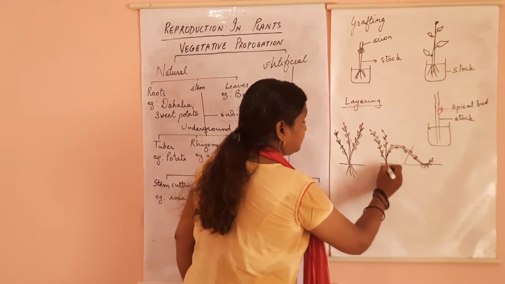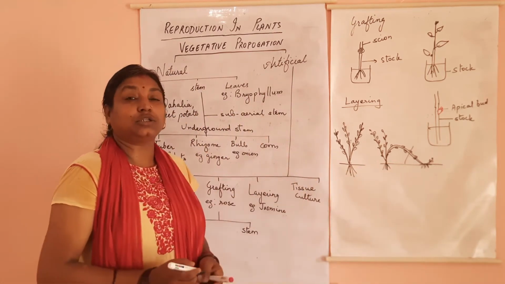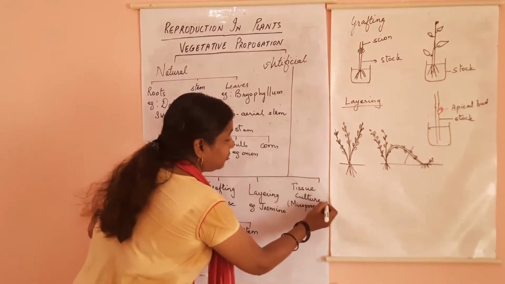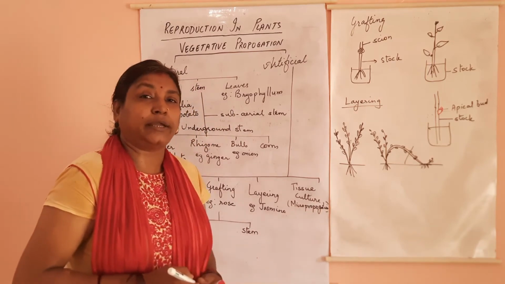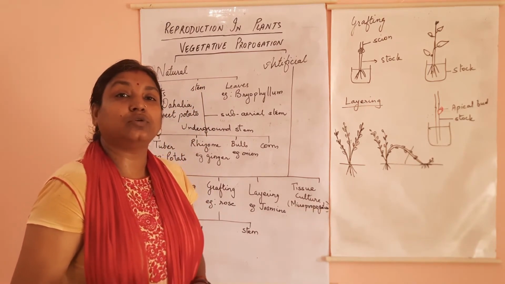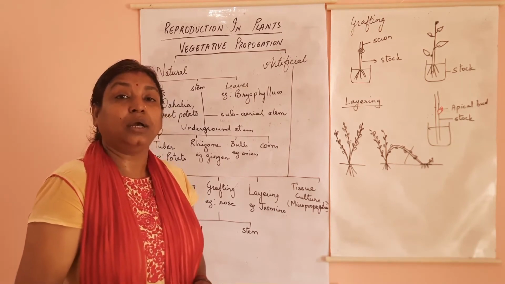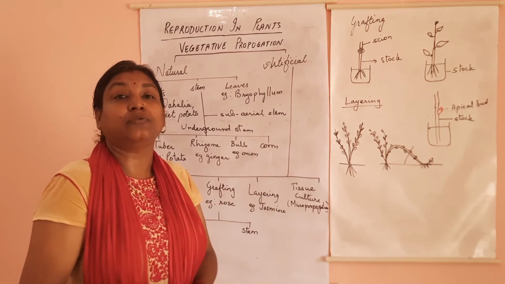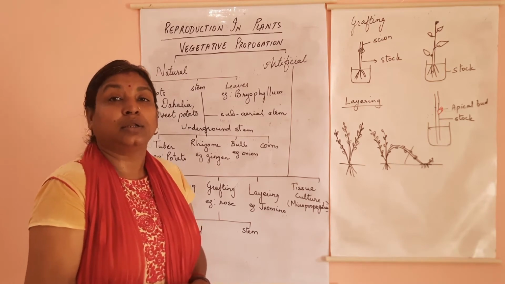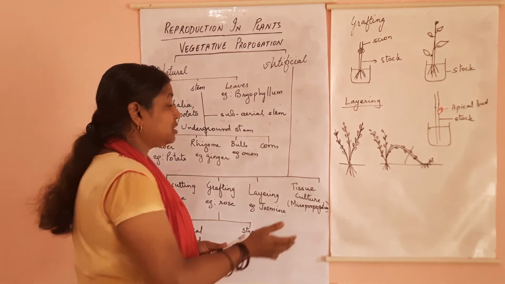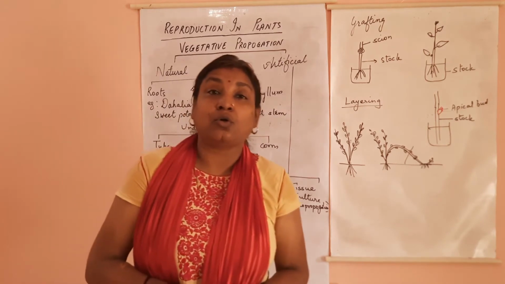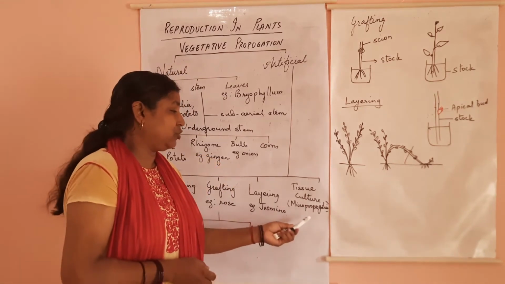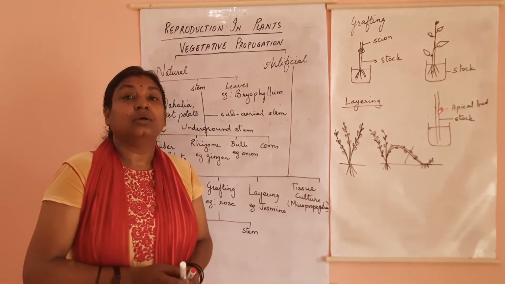Example is your jasmine. Coming to tissue culture. Tissue culture is also known as micropropagation. Now what is micropropagation? Micro means very minute, tiny. So in tissue culture, what we do, we take few cells of the plant, and that few cells will develop into entire small plantlet which can be sown in the soil and get the required plant. So since this type of vegetative propagation is carried out artificially and with the help of few cells, it is known as micropropagation. So now let's see what happens in micropropagation.